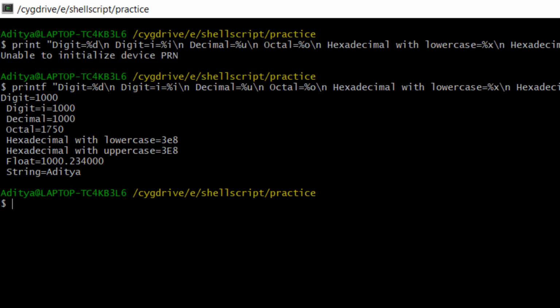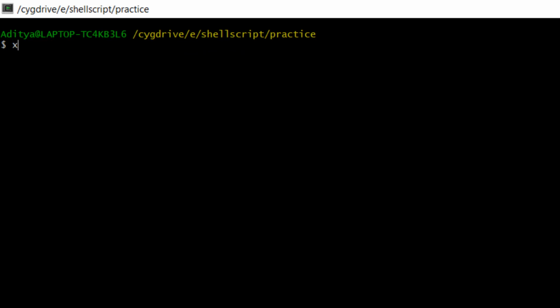So we have learned about formats. Now let's see the modifier with the help of a format. Modifier, that means first of all we will clear the screen. After that we will see how we can work. So in modifier, what I will do, I will assign some values here. For example, 100.2345. I have assigned 100.2345 to a variable x.